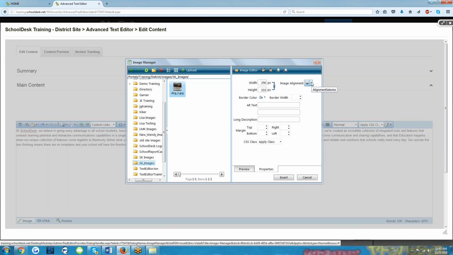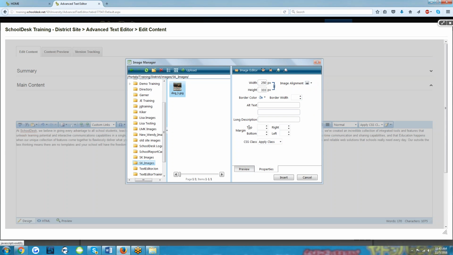Once you've selected your desired option, you could add margins around the image to prevent the text from appearing right next to the image. So let's add some margins. The values are based in pixels. Let's do 12 for each, because 12 is a good amount of pixels. It's slightly noticeable. It's pretty noticeable, and it's about the size of text on most things. Now that we have our margins added, let's click Insert,